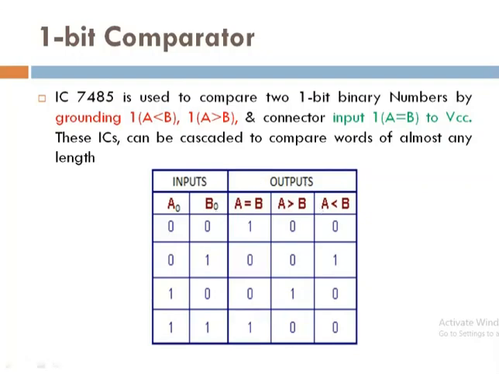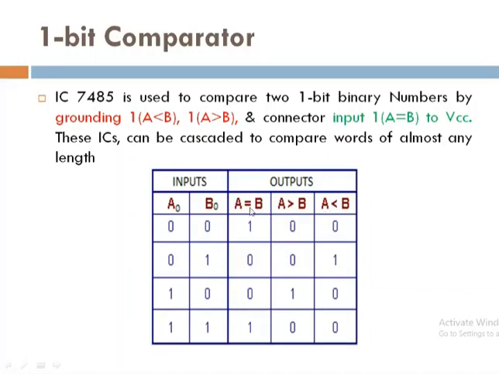Now in the output part, you can observe there are 3 outputs. But at a time only one output line will be high, I will show how. So there are 3 output parts. A is equal to B, you can change the positions. You can write A is equal to B here. There is no standard sequence to write the output part. Any output bit you can write anywhere.